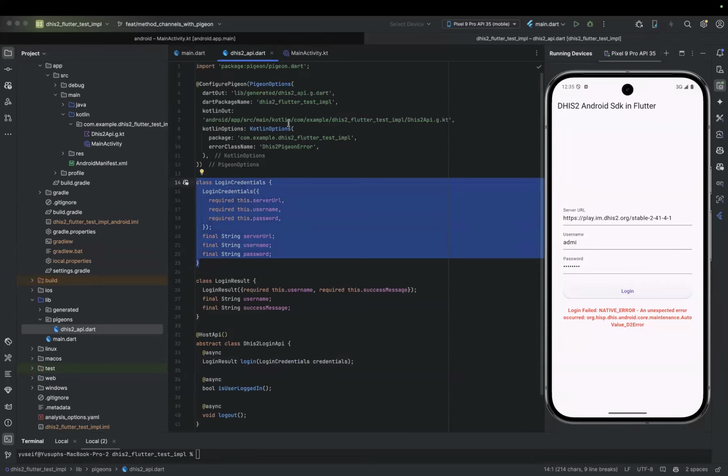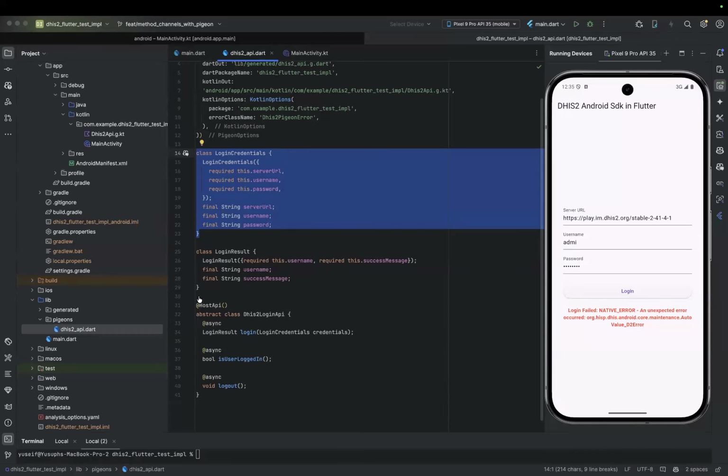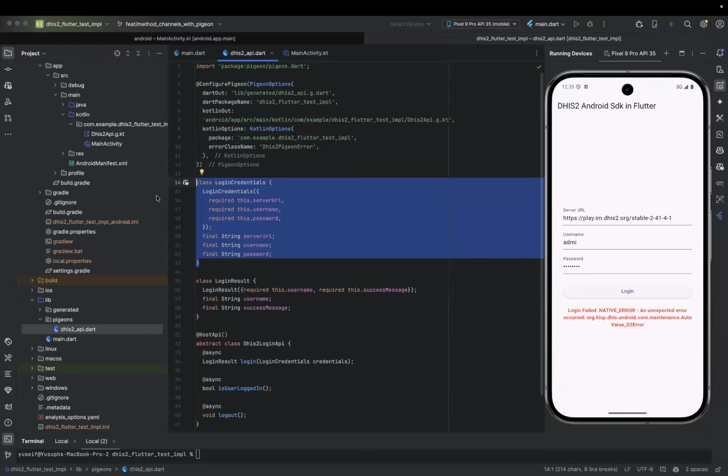Then on top of my class, I put Pigeon configurations. This class will use this configuration to generate this API in Dart and in Kotlin. If I want to implement this feature in Swift, I will also put some Swift parameters here to define where Swift code should be auto-generated.